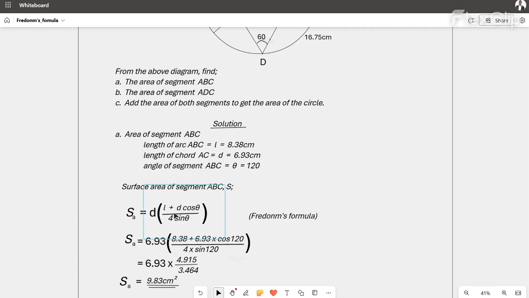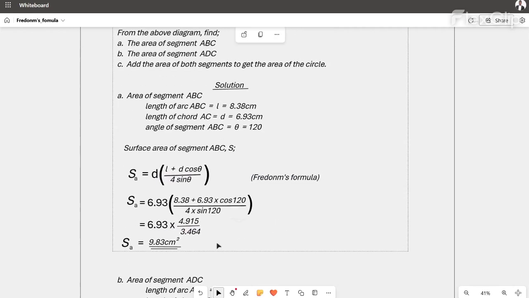Okay, now let's use this formula so that you will see how the formula works in action. Now SA is equal to 6.93 times open bracket 8.38 plus 6.93 times cos 120 all over 4 times sine 120. So if you plug in these values into this formula, this is what your equation will look like. Now if you do this equation, we will get